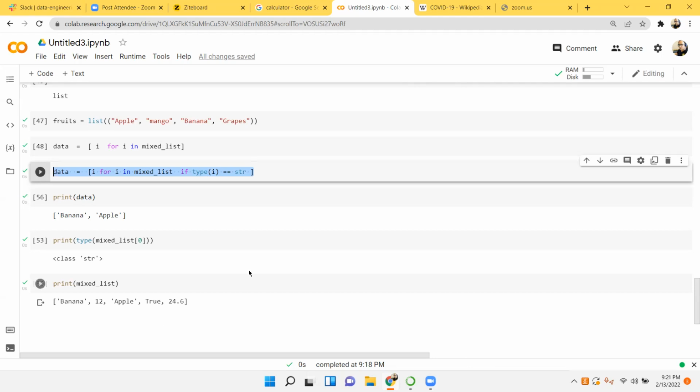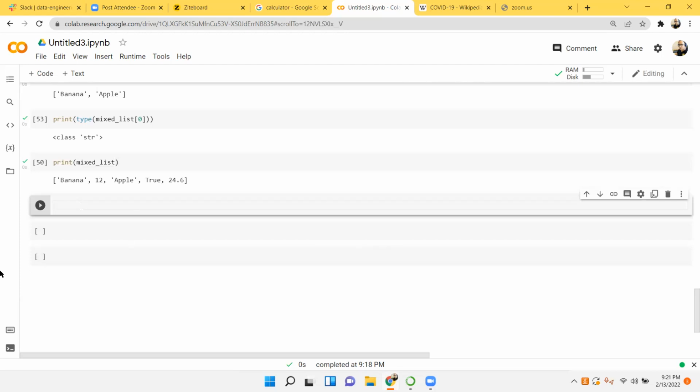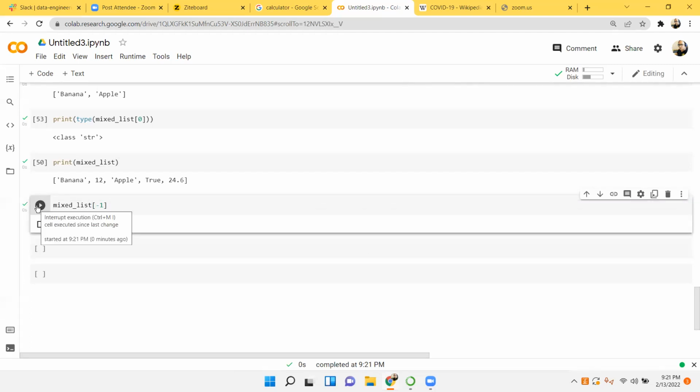There are a few more things to show in list, as it is one of the important topics, so I'm stressing on this a bit. Most of the time we need it. Let's say I want to access the last value and I don't know what my length is. Let's say -1. So -1 represents the last value. Now if I want to pull out the last two values, then what will we do? -2